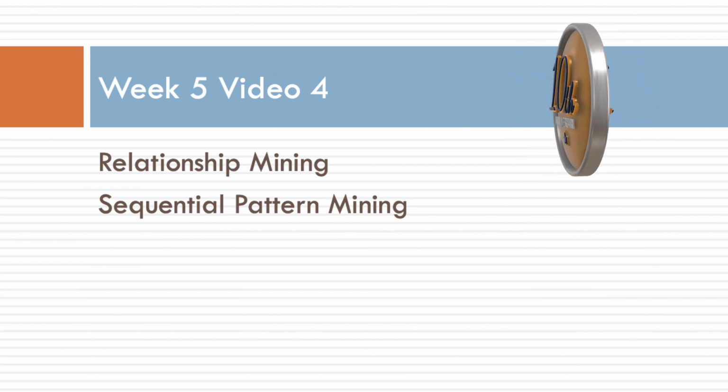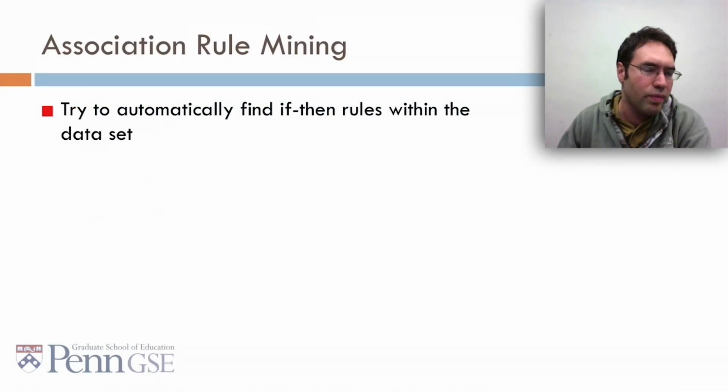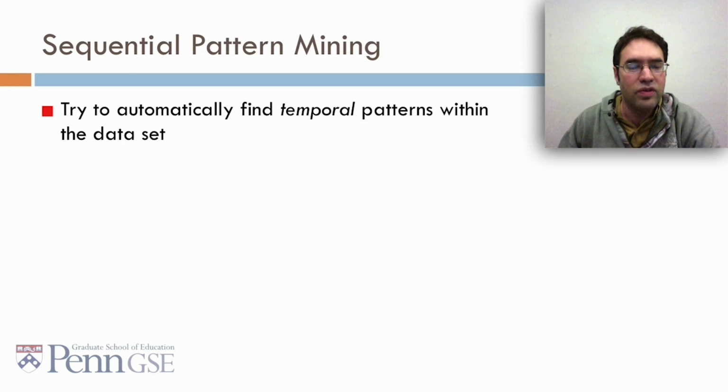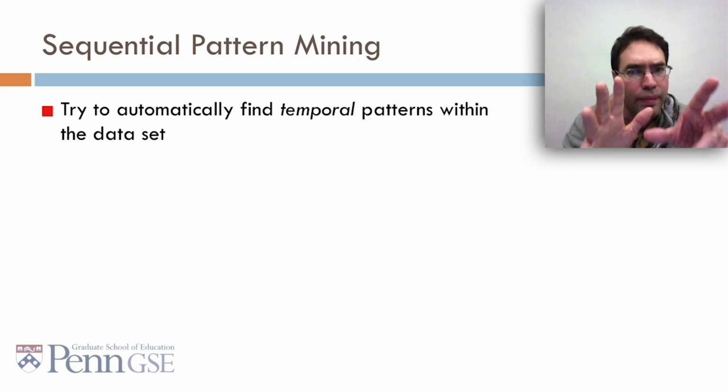In this lecture, we're going to talk about sequential pattern mining. Sequential pattern mining is a close variant on association rule mining, which we discussed last class, where you try to automatically find if-then rules within the dataset. In sequential pattern mining, you do the same thing, but you're trying to automatically find temporal patterns, patterns occurring over